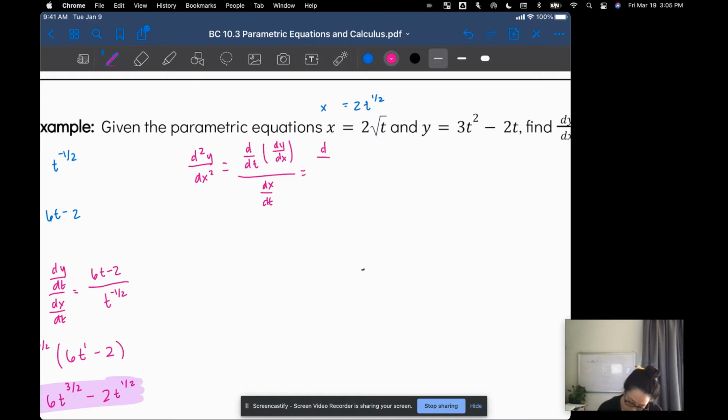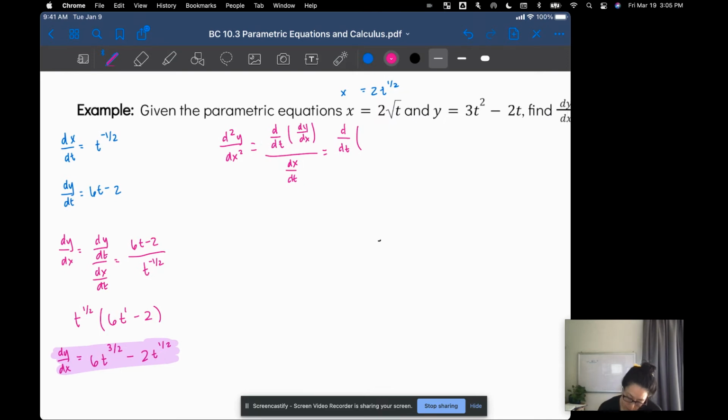I set this up as d/dt of dy/dx, which is 6t to the 3/2 minus 2t to the 1/2, all over dx/dt for right now. So I take the derivative of 6t to the 3/2 minus 2t to the 1/2, which gives me 18 over 2 is 9, t to the 1/2 minus 1 t to the negative 1/2, all over